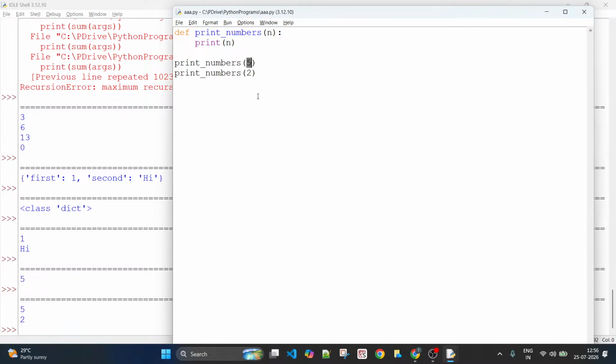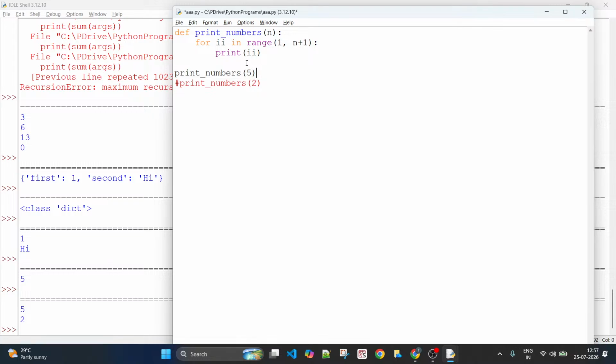Now, what if I want to print all the numbers up to 5, natural numbers? So 1, 2, 3, 4, 5 is what I want to see when I call this. For now, let me comment this out quickly. All right. What if I have to print 1, 2, 3, 4, 5? So there are different ways. You can use the range function, right? For i in range 1 comma n plus 1, you can print i. This is using a loop.